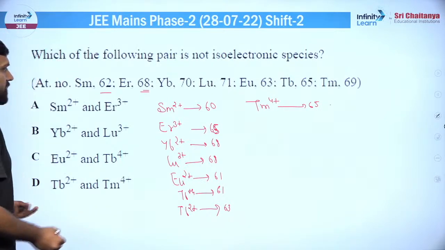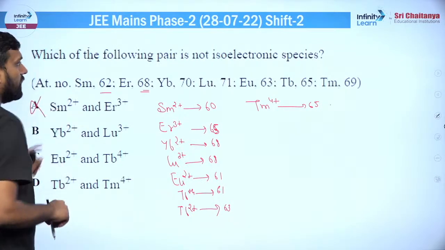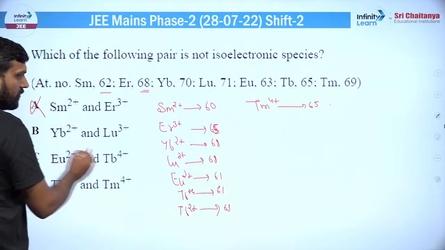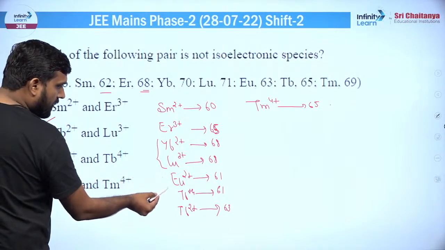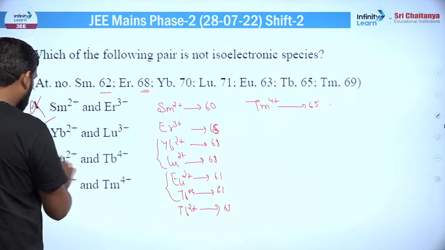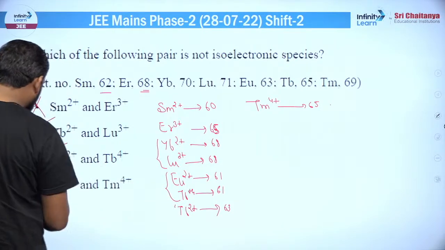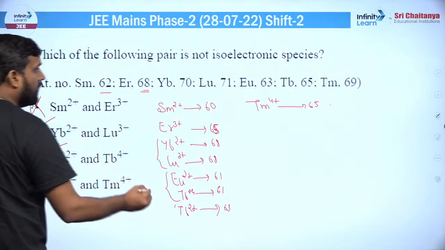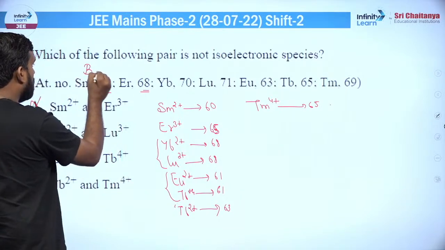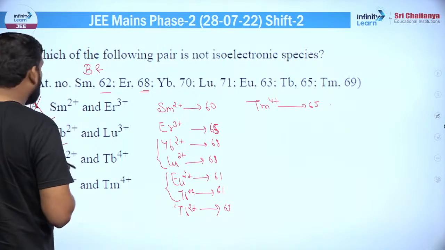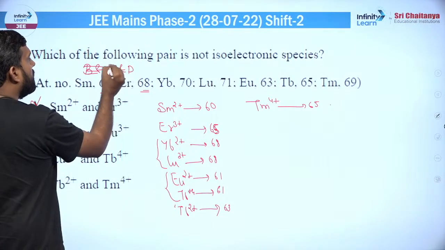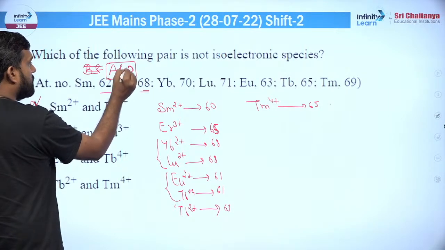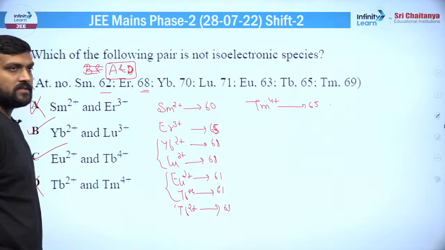अब मैच करा लो कि किस में आइसोइलेक्ट्रॉनिक है और किस में नहीं है। तो ये वाला पेयर तो आइसोइलेक्ट्रॉनिक नहीं है, ठीक है। ये वाला पेयर देखो आइसोइलेक्ट्रॉनिक है, ठीक है। ये वाले में 61 आइसोइलेक्ट्रॉनिक है, ये आइसोइलेक्ट्रॉनिक नहीं है। तो आंसर B एंड D हो जाएगा, नहीं सॉरी, क्या पूछा गया था क्वेश्चन में, नॉट आइसोइलेक्ट्रॉनिक, सॉरी। तो A और D आपका आंसर है। अगर कुछ इसमें 2 ऑप्शन तो मैच नहीं कर सकते, ठीक है,